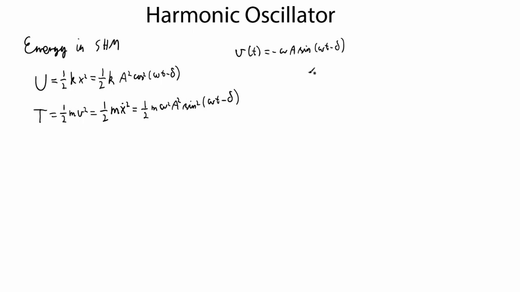Now we know that omega is the square root of k over m. So this means that m omega squared is equal to m times k over m, that is k. So the kinetic energy is therefore equal to